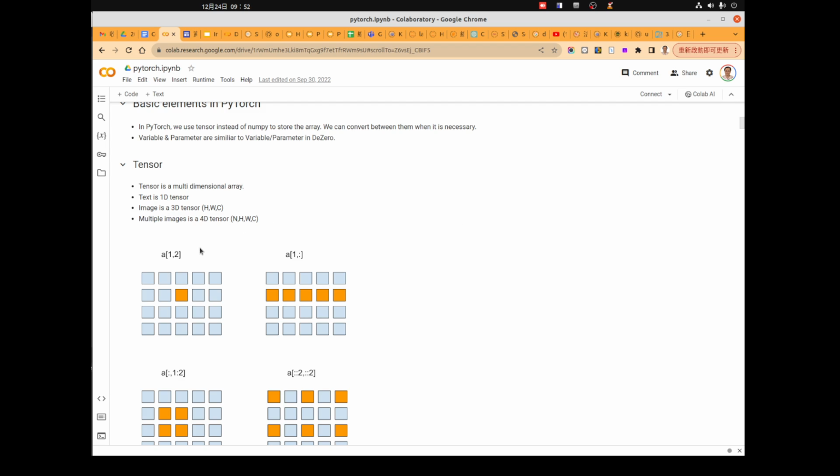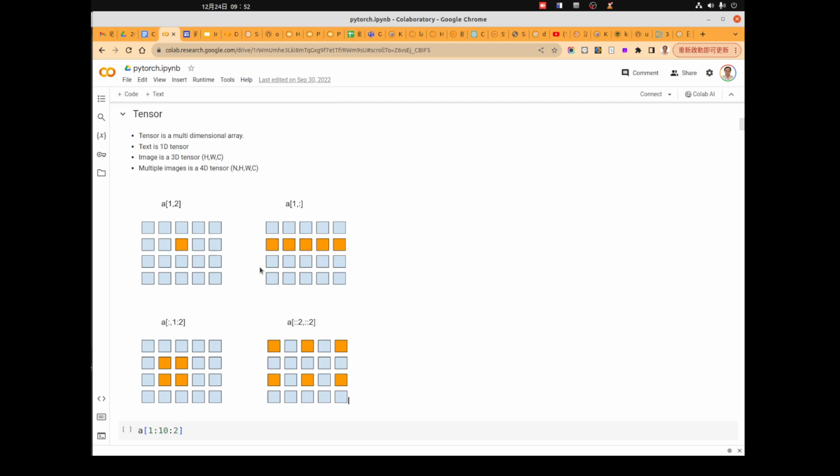If you want to access specific data in a tensor, we can do it in the following way. For example, in an image, we just consider the 2-dimensional tensor, H and W. If you want to access the pixel 1, 2, meaning row 1, column 2, we can just use 1 and a comma, then 2.